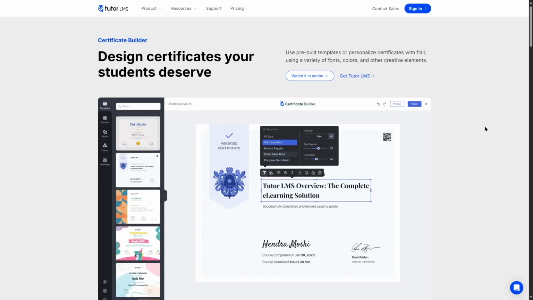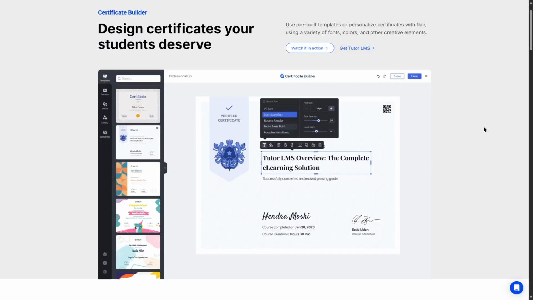Using this plugin, you can build your certificate in a more creative way. So from the website, we can take a look at how this certificate builder will look like. You'll be given a blank canvas. From here, you can grab and drop elements such as text elements, image elements, and then you can customize those